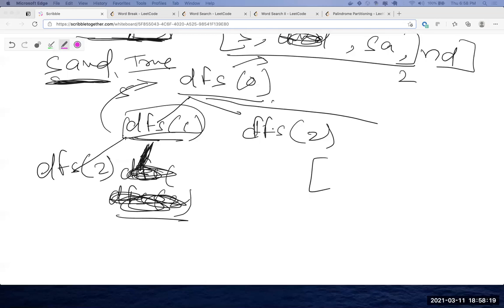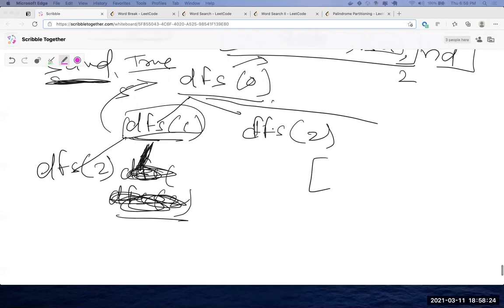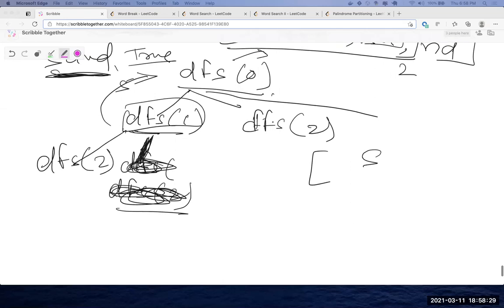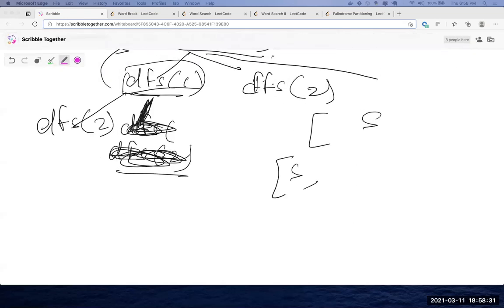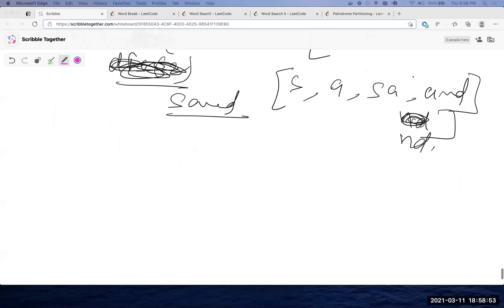Let's take this example: you have S, you have A, you have SA, and then you have AND, and you have ND also, and you have SAND. I'm trying to come up with an example to show you guys DP.